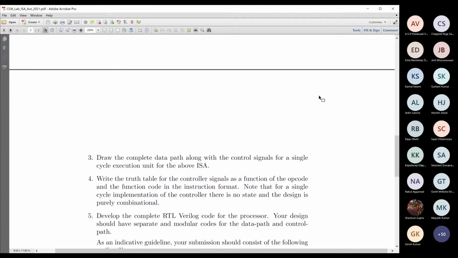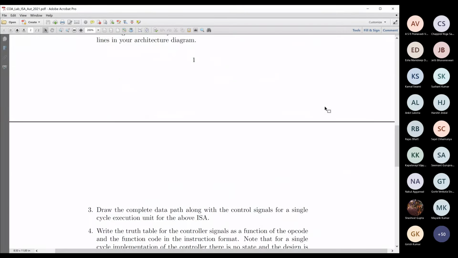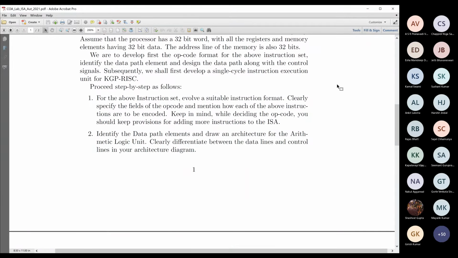But you must prepare a consolidated report, and don't prepare a handwritten report. For the different steps 1, 2, 3 and 4, just prepare a professional looking report, either using LaTeX or using a standard word processing software like MS Word or LibreOffice. You prepare a proper report for steps 1, 2, 3 and 4. First, describe the instruction formats in that. Follow the instructions that have been given in the steps.